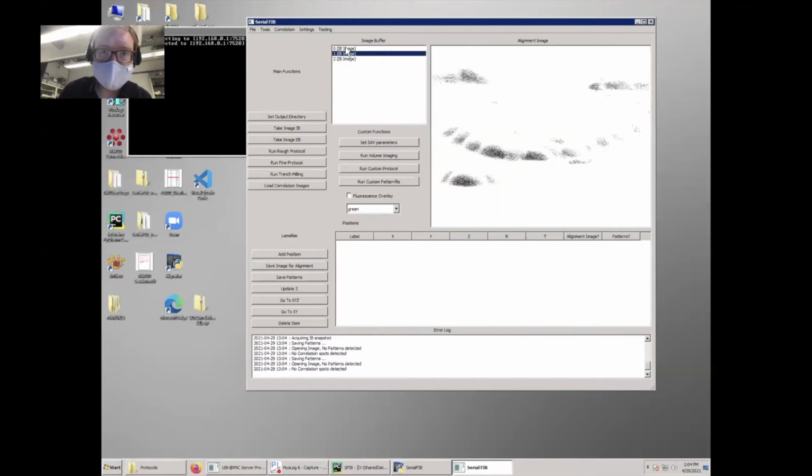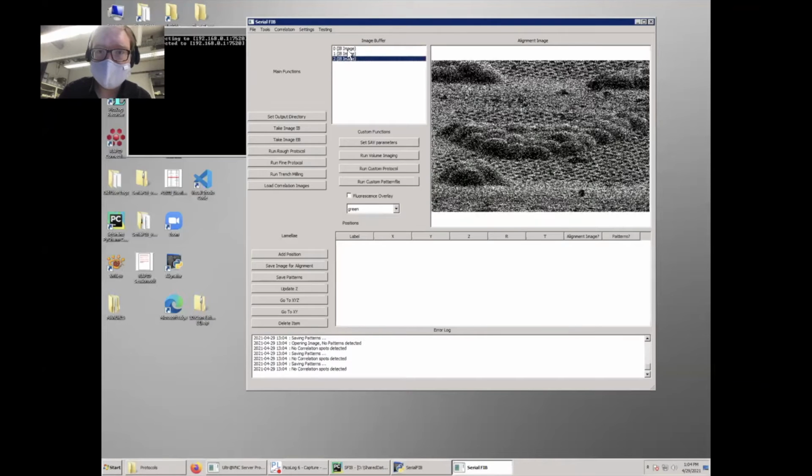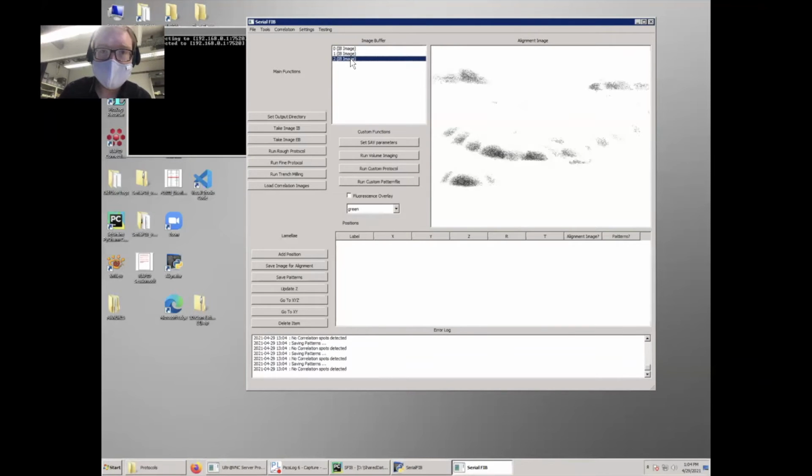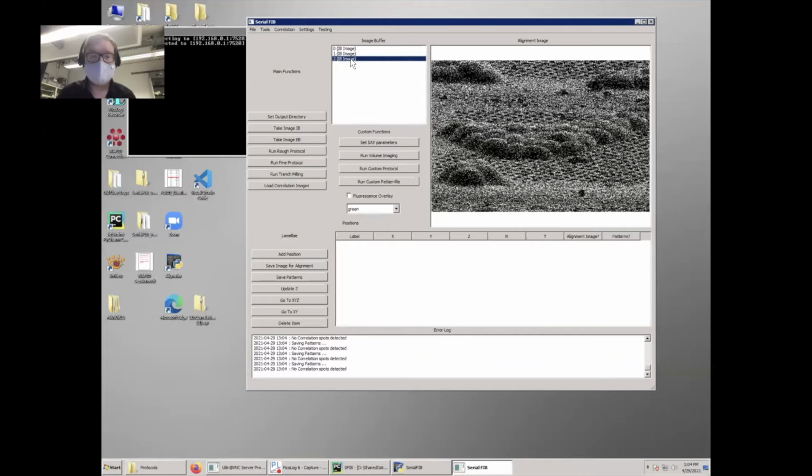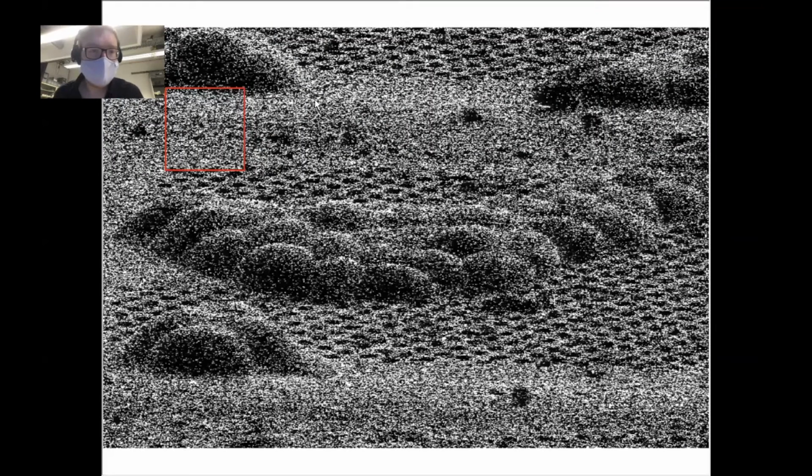By double clicking in this image buffer, you can zap through these images that you took. Now we want to set up a lamella position. For that, we need to draw patterns in this alignment image view. We create one by double clicking anywhere, and it will create one of these patterns. You can then press F5 to go into full screen mode,